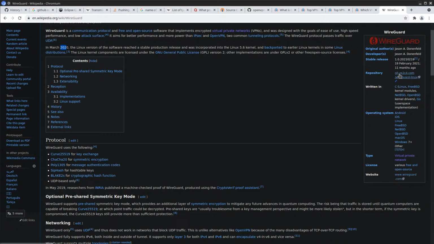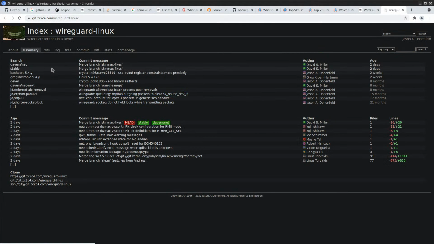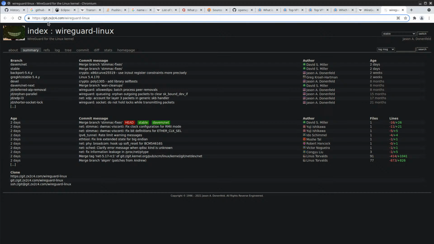The repository doesn't actually use GitHub. Interesting. What's this? DX2C4? What? Okay.